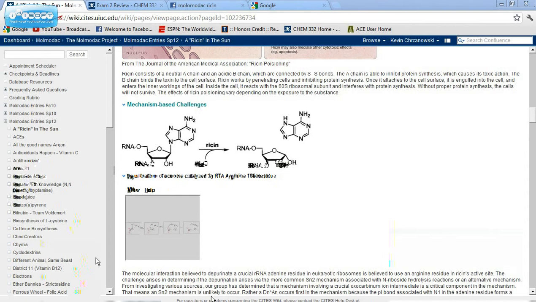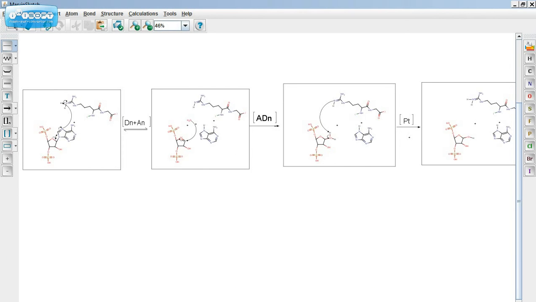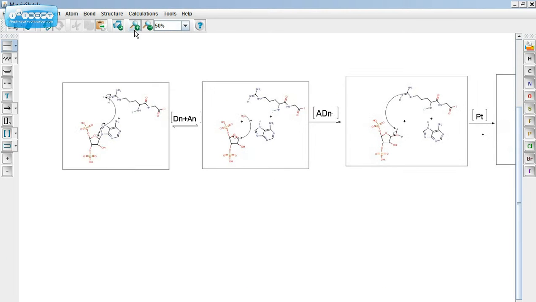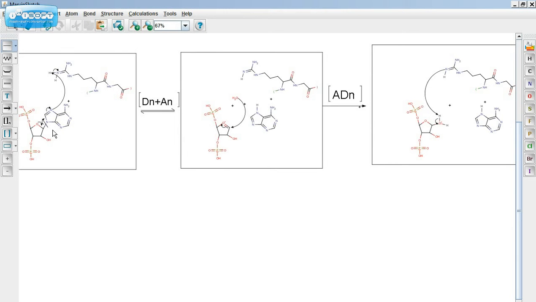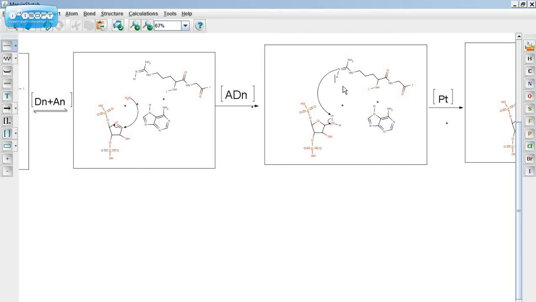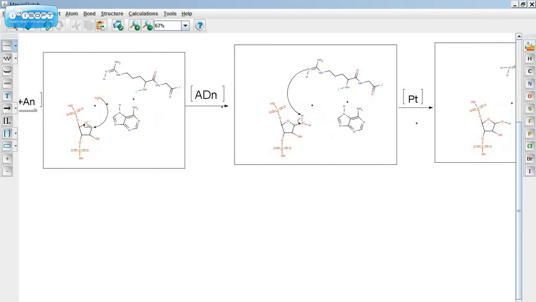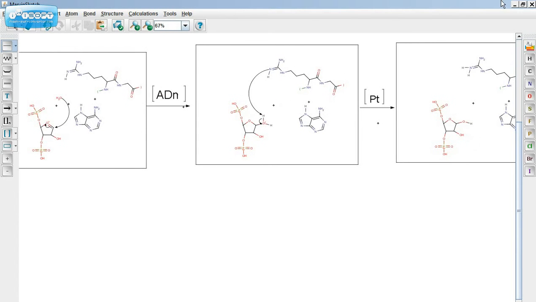According to empirical evidence gathered in the papers we looked at, the mechanism of action of ricin is SN1 based. In this SN1 based mechanism, first the adenine base is catalyzed as a leaving group by the arginine residue in the active site that acts as a very good general acid catalyst, and it forms a carbenium ion intermediate, which subsequently gets attacked by a molecule of water, and then this arginine residue becomes regenerated by deprotonating the water attached to the carbonyl carbon of the former oxycarbenium ion intermediate.